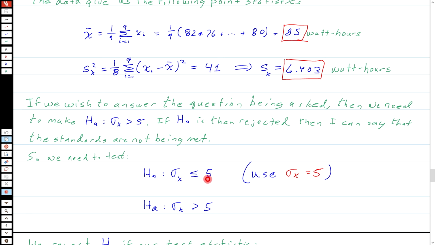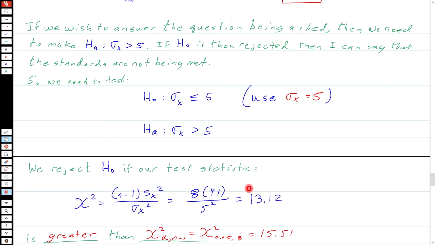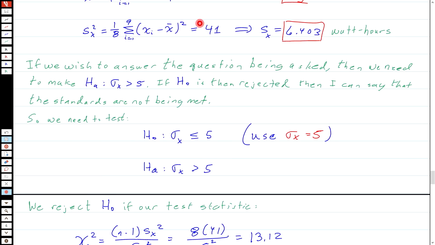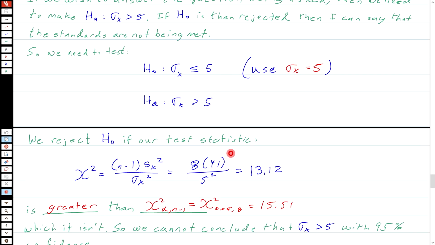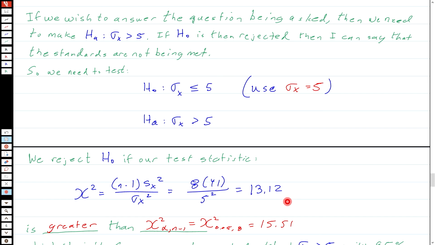So we always use the equality in H naught, against the alternative that sigma x is greater than 5. Our sentence, as usual, is we reject H naught if our test statistic, in this case chi squared equal to (n-1)s squared over sigma x squared, where sigma x squared comes from our claim H naught, which is 5. S x squared, we computed up here, was 41. Or you can take the 6.403, square it, and multiply by n-1, which is 8, and I get 13.12. So we reject H naught if our test statistic